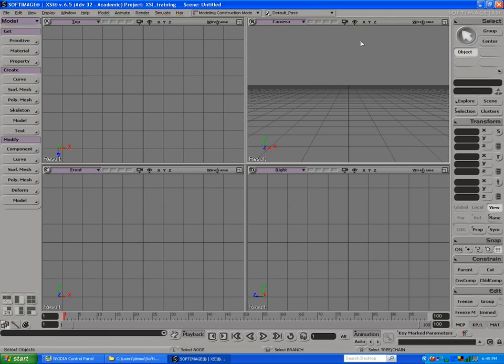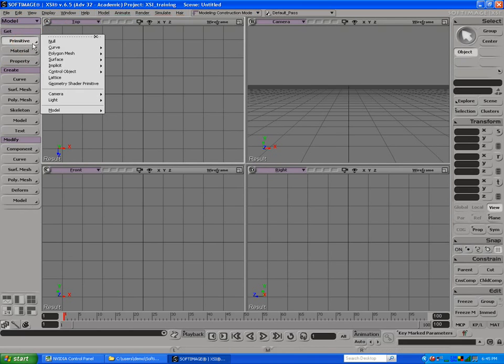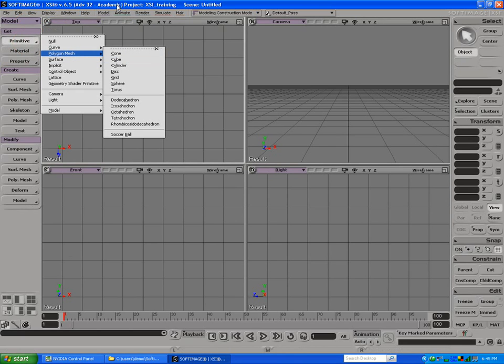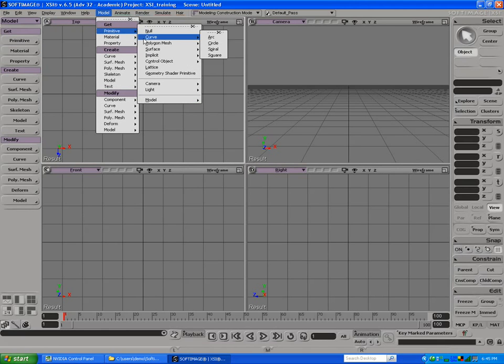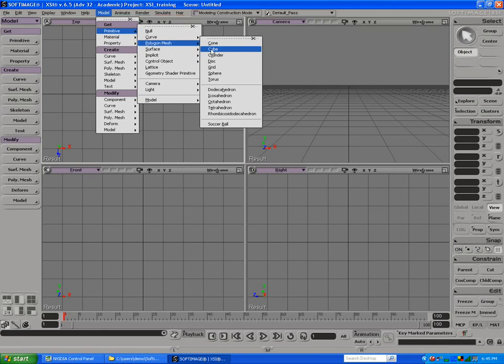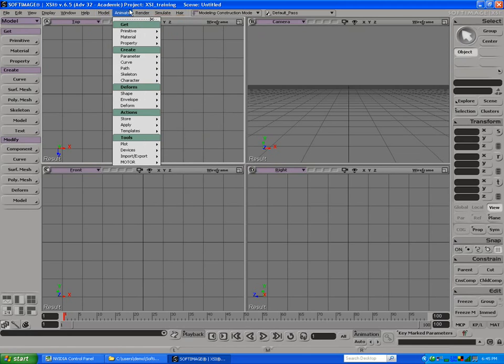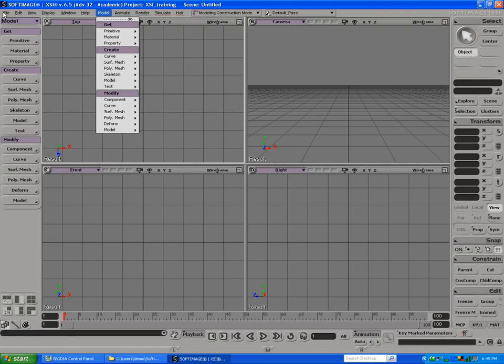So the first thing is XSI is built up this way. You have at the top a menu. This menu gives you access to almost every single command in XSI. You've also got your different Model, Animate, Render, Simulation here. Those relate to these menus here. So people like to use these as your base tools. It's easier to see, but you can get to, say, Primitive, Polygon Mesh, Cube here, or Model, Primitive, Polygon Mesh, Cube over here. So this is a bit of a redundancy, but it's good to have them both,